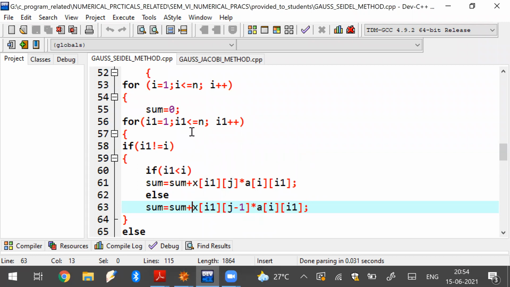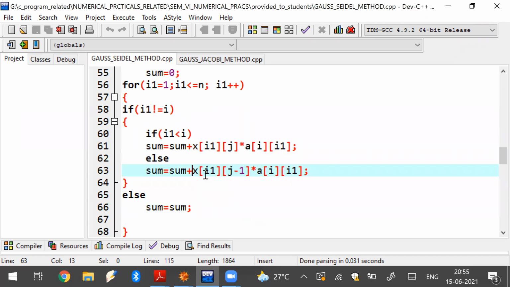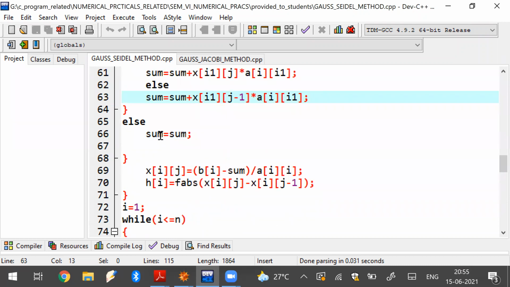Again, for i1 equal to 3, i1 is not equal to i, because I have taken i to be 1 till now. So 3 is again greater than 1, so this part will run and it will get updated. Once this is done for n equal to 3 entirely, with i1 running from 1 to 3, I will update i to 2, and again the same thing will run, up to here. So once this is done, the calculation part for each step is done, right?